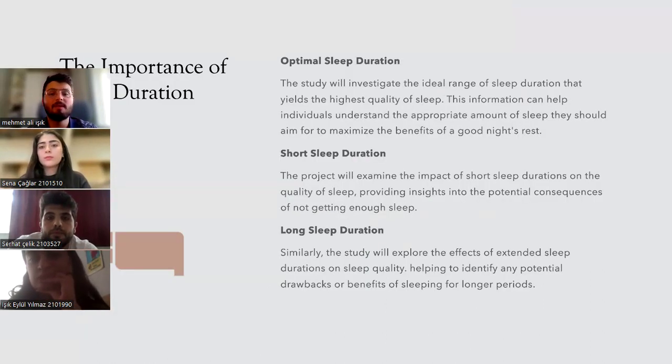Today we're going to talk about our statistics engineering term project, which is about sleep duration. For the importance of sleep duration, there are three important dimensions: optimal sleep duration, short sleep duration, and long sleep duration. Those are among the most important pillars for this topic. They affect our sleep duration in a short way and a long way, in a positive way and also